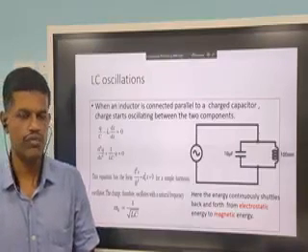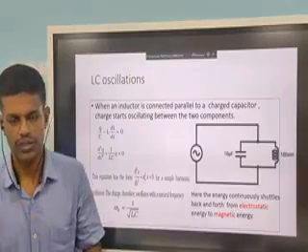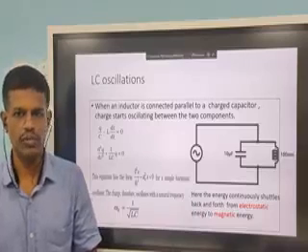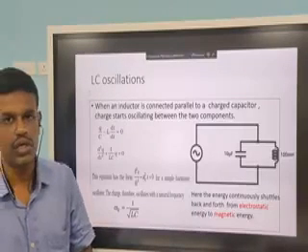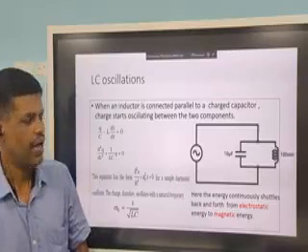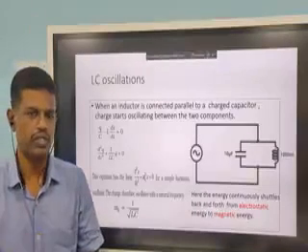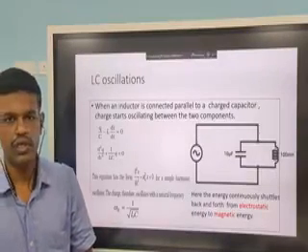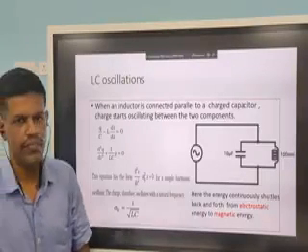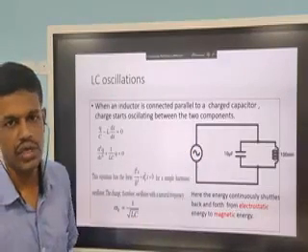So this appears in the form of oscillations. We get oscillations as the output of this. So these are called LC oscillations. This is the principle behind any electronic musical instrument. Every electronic musical instrument is an LC oscillator. The sound, audible frequency sounds, are produced using LC circuits. Not only musical instruments, we have any signal producing instruments. They are based on these circuits.